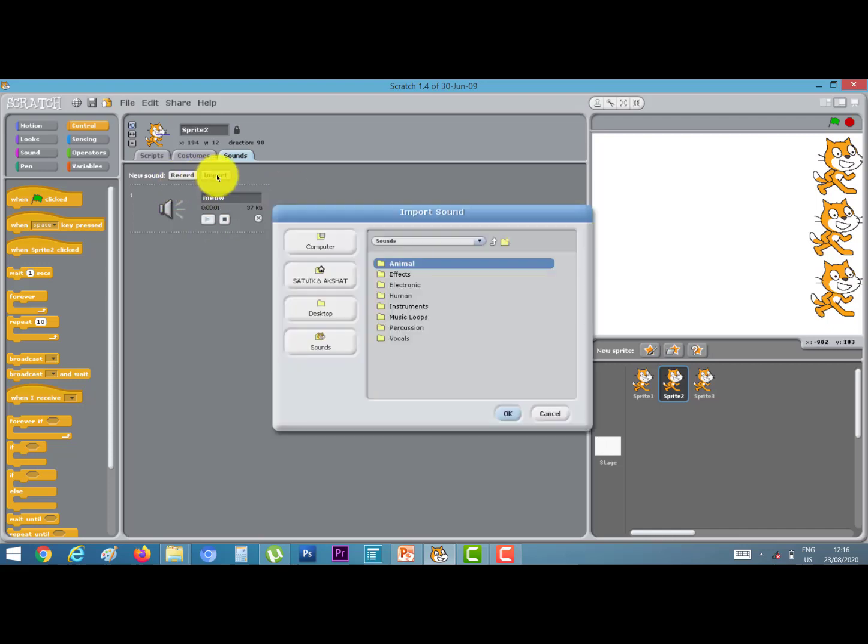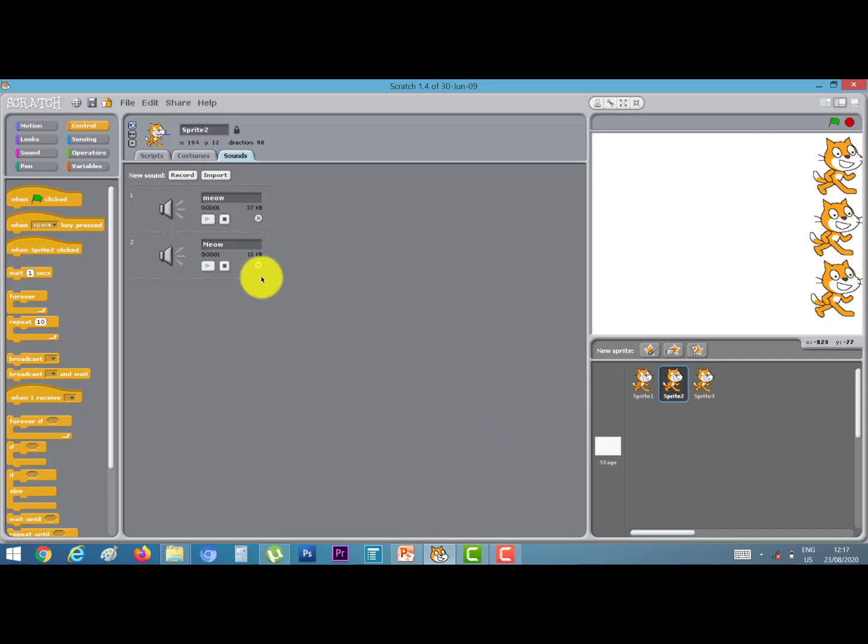You can import animals, bird sounds. You can choose anyone. Suppose I choose meow. Click OK. Your sound will be imported in the program. You can also record your sound from the record button.